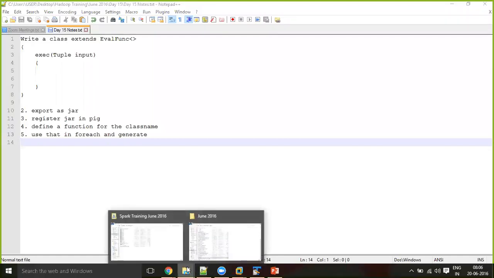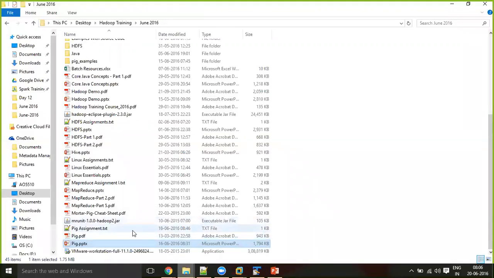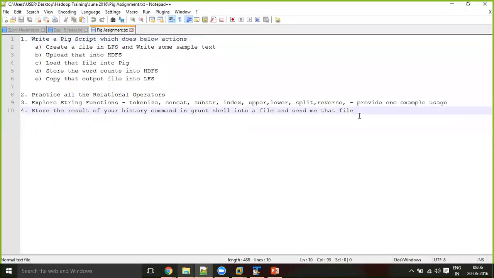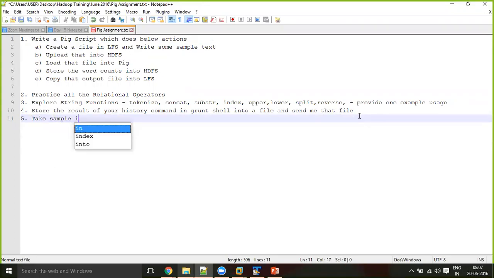Here, Pig assignment. Let me add something. So now using those eval functions, I want you to write this. Take your sample input file with just 3 columns. Okay. So name, address, and date. So here,